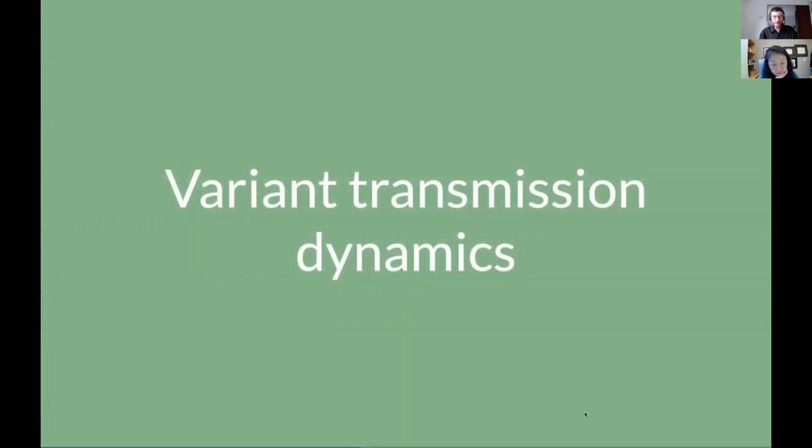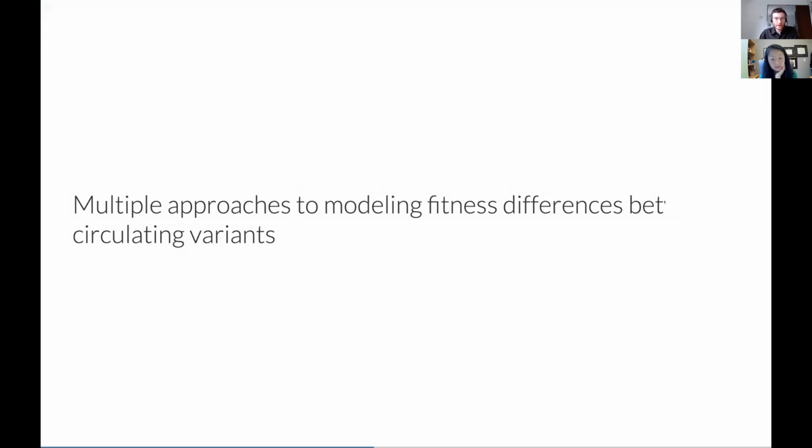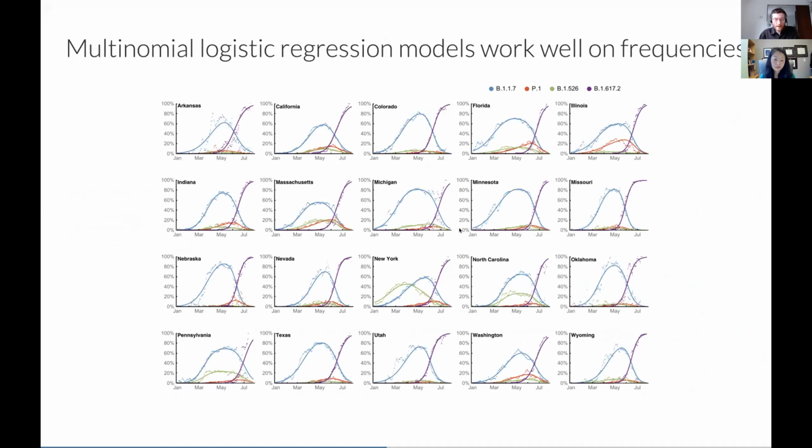Okay, so then shifting gears a little bit, thinking about how we actually measure these transmission dynamics. There are multiple approaches to modeling fitness. One thing that's had a lot of focus is frequencies, which I think are really helpful. I apologize for this Pango nomenclature. Purple is Delta and blue is Alpha, where we look across states, and we can see Alpha waves followed by Delta outcompeting. But what's often really helpful to think about is we can have situations where one virus